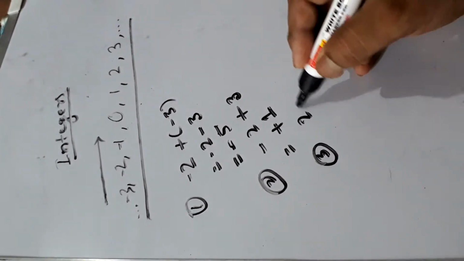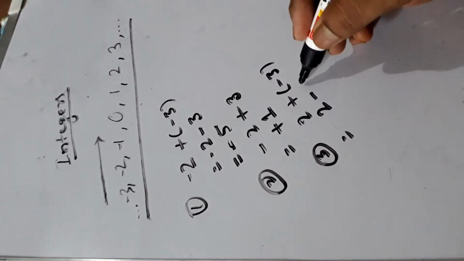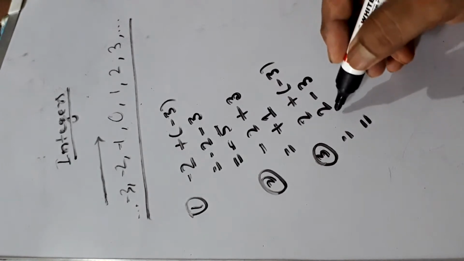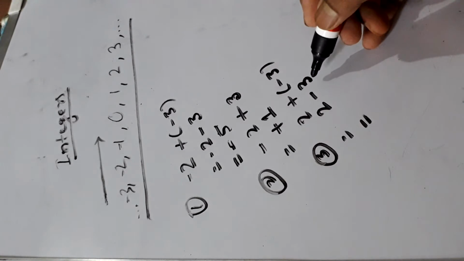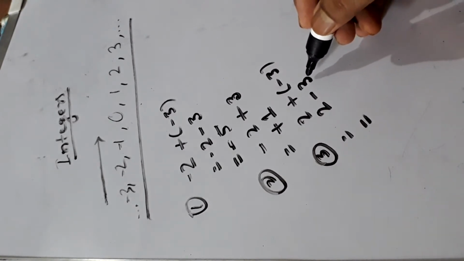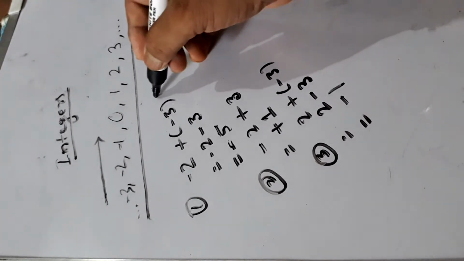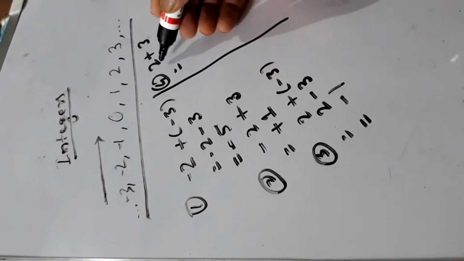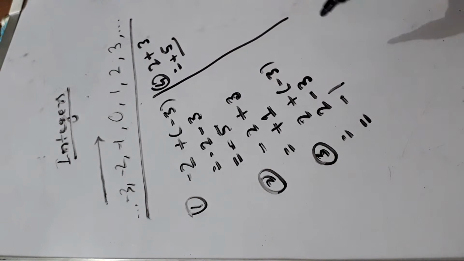Again we have to add 2 and -3. 2 plus minus, it will become -3. Now one is positive, another is negative. We will subtract and put the sign of the number with greater numerical value, that is 3. 3 has a negative sign, so it will become -1. Now again we have to add 2 and 3. It is very simple, both positive, we will add them, 5. We can put a plus sign or we will not put it. In this way we have seen addition of integers.